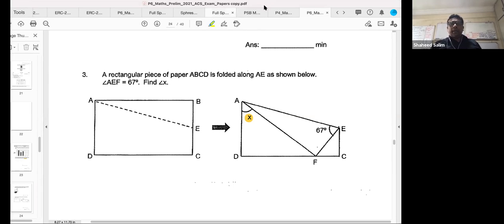Give you a clue, okay? You know that this is 90 degrees. This is the same thing here. Can you find this angle? Yes, you can. And this angle is the same as this angle. So if I were to draw a line here,